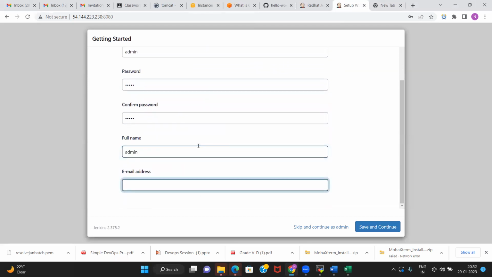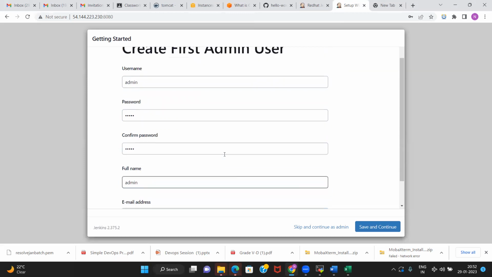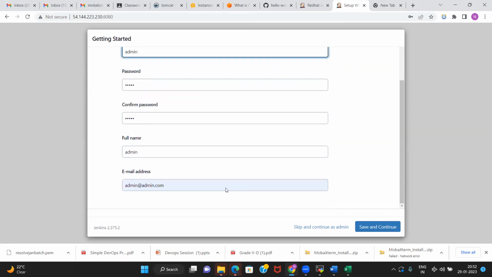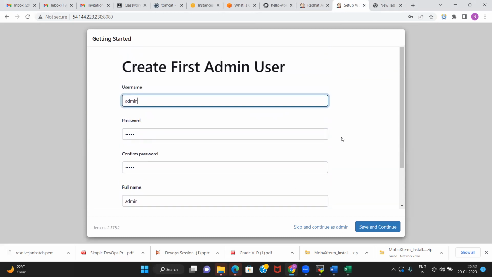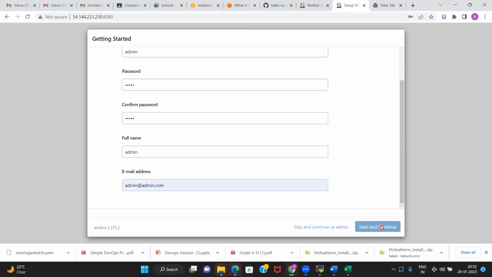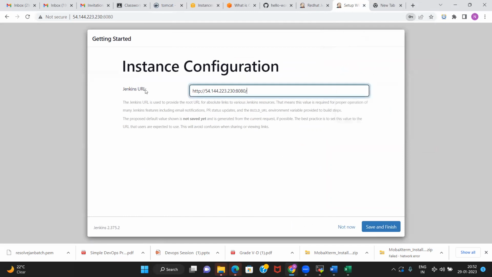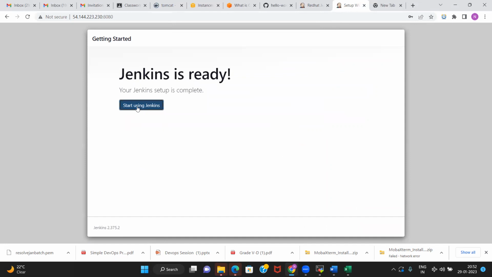I am just using a dummy value, admin, because once you log out and your session is off, the login screen will come again and you will need the credentials. Okay, save and continue. You will see the Jenkins URL, it will be given, save and finish, and your Jenkins is ready and you can start using Jenkins.